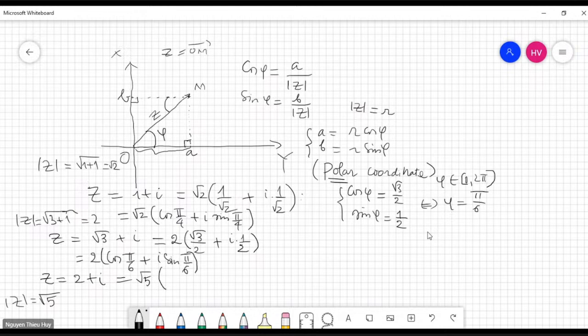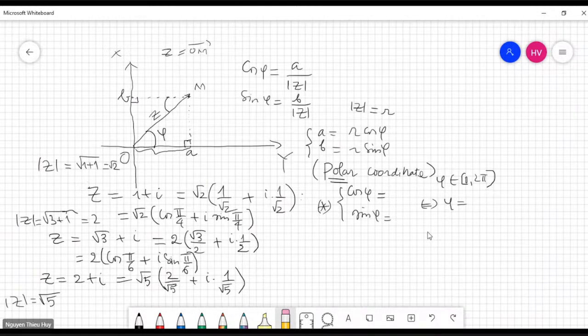multiplied by 2 over square root of 5 plus i multiplied by 1 over square root of 5, right? And now our system star here is not nice, it is ugly, but even when it's ugly, we have a way to write it down. Let me clear this, clear that,